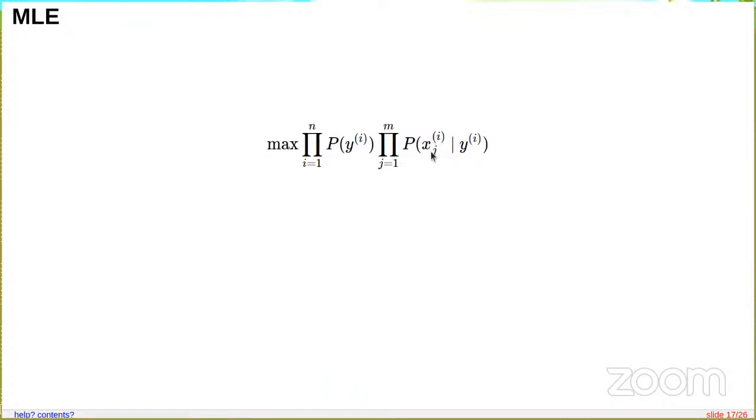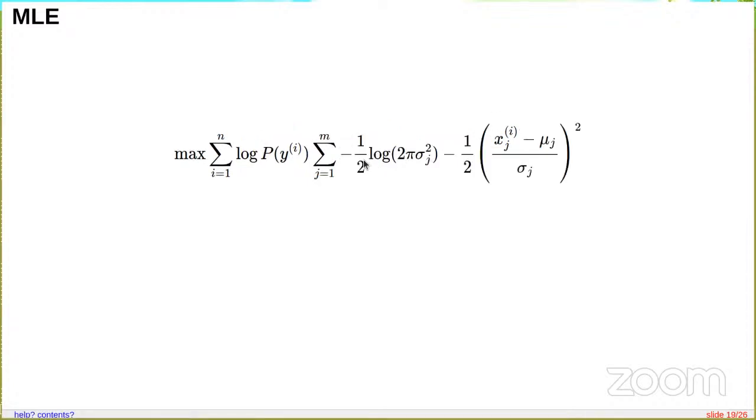Okay. Now what is P of xj given y? What form will it take? It will be a single variable normal, is it? Right. It will be a single variable normal. So now I'm moving to the log space. I'm doing the same thing, same expression. These products become sums. So log of P of xj given y will be just log of that normal distribution, right? I have just substituted that here. If you recall the exponential term, e to the power minus half times (x minus mu) whole square by sigma square, that comes out, right? The log of e power something.